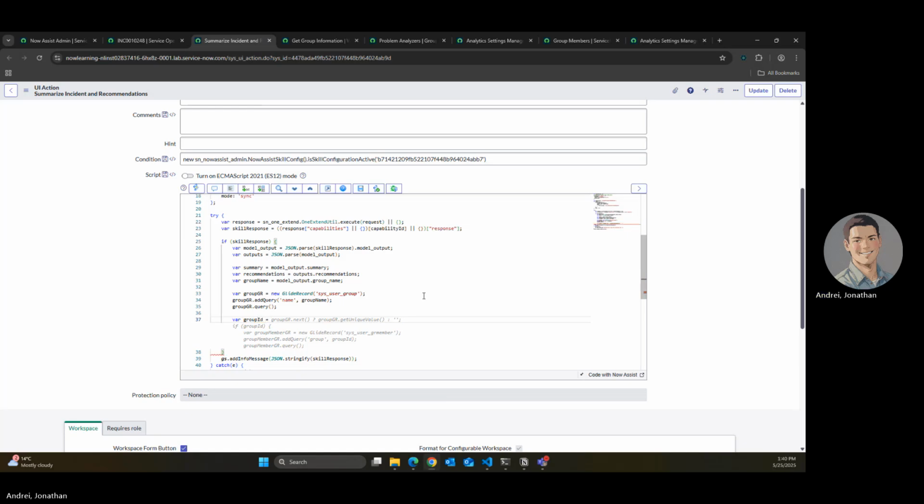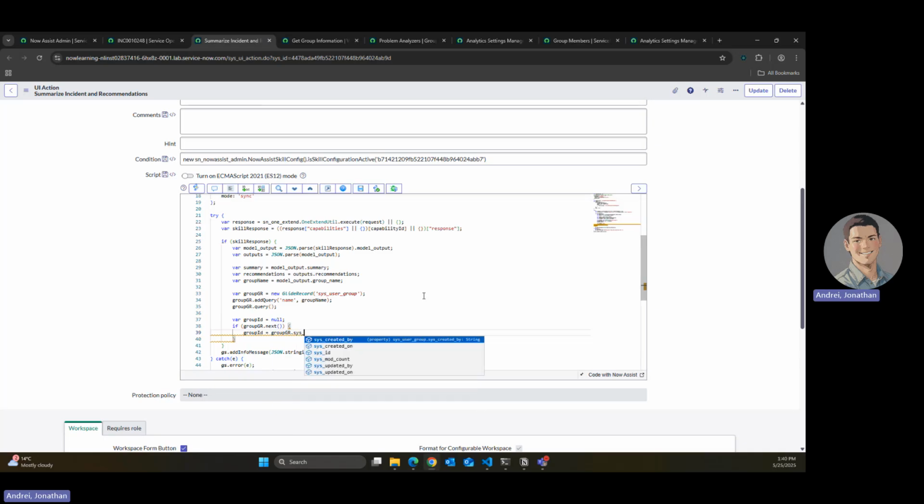So we're going to set the sysid to a group ID field. And I'm just going to say, we'll set it to null to begin with. And then if group gr has a next element, this means that it found a record. We'll set the ID equal to the sysid of the found record. And what we'll also do is,